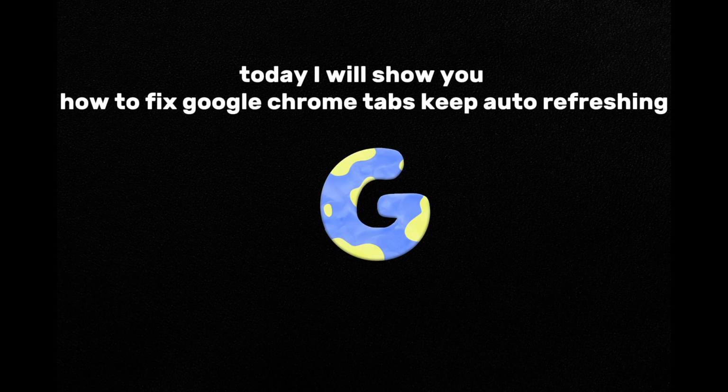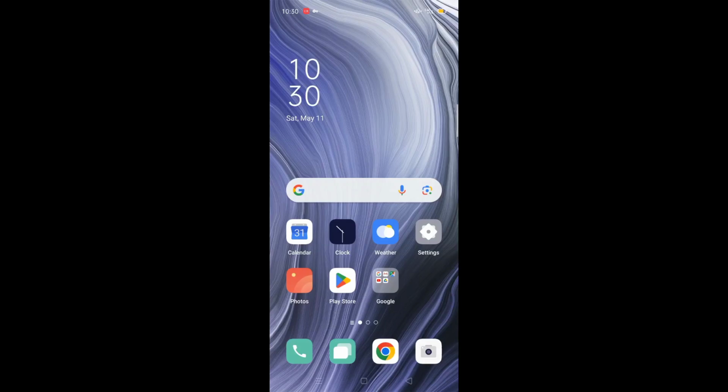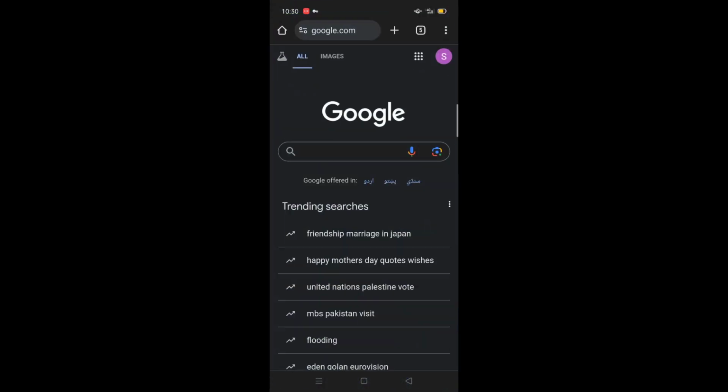Today I will show you how to fix Google Chrome tabs that keep auto refreshing. So you have to open your Chrome browser. So when you have opened your Google Chrome browser, you have to go to the three dots of settings on the top right corner